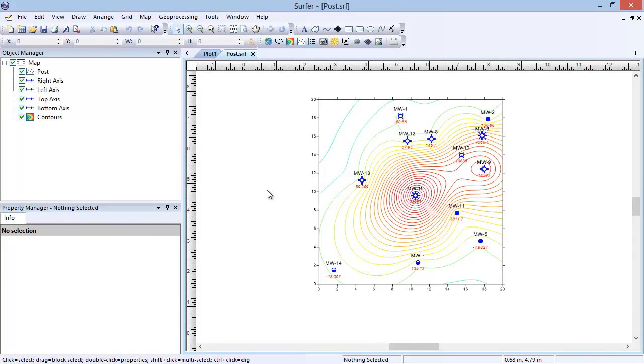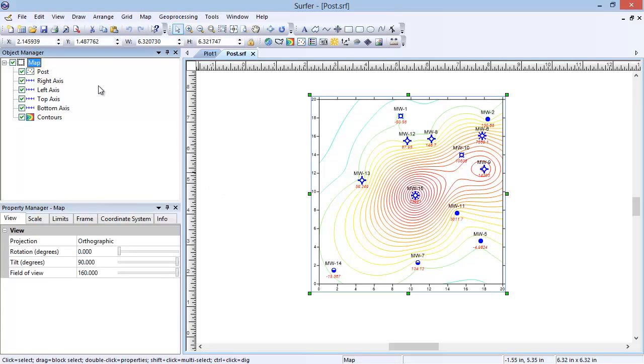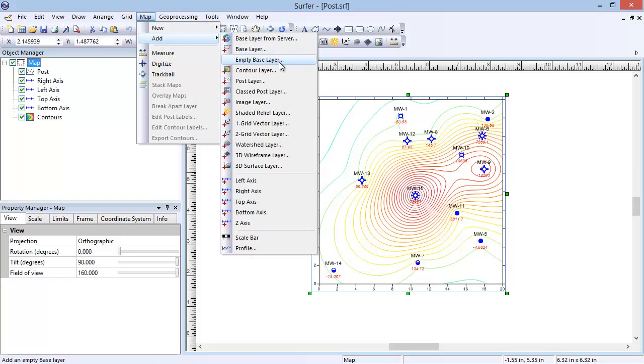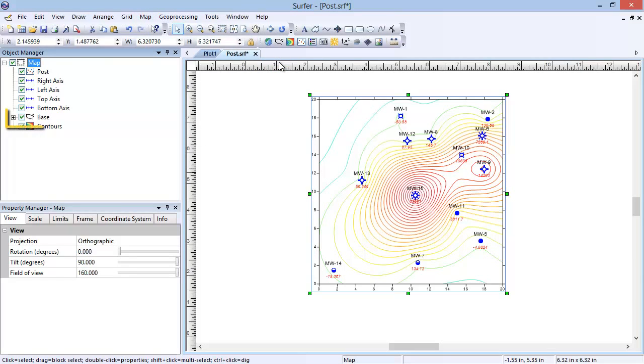To start drawing objects that are part of the map, we can add an empty base layer to the map. To do this, in the Object Manager, select the Map object. Click Map, Add, Empty Base Layer. Notice a base object is added to the map frame. Click the plus sign next to the base object to see that there are no objects currently in the map